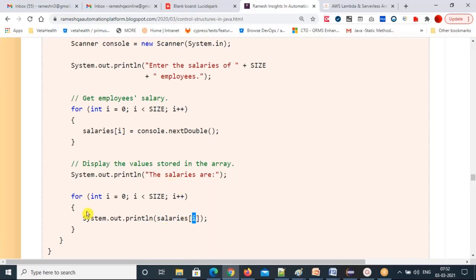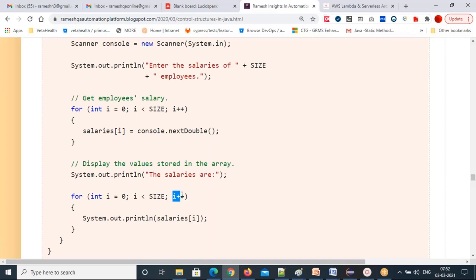Next, after printing, it goes to the increment part, right? Now 0 plus 1, 1. Now the i value becomes 1. 1 less than 5 true, it comes inside, salaries of 1. Salaries of 1 means the second element will print.